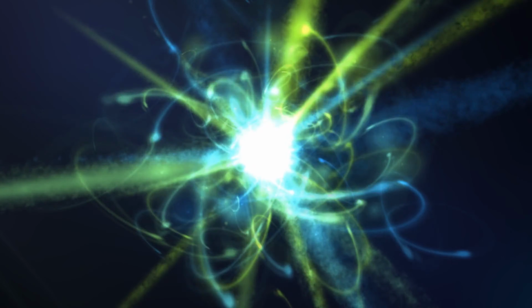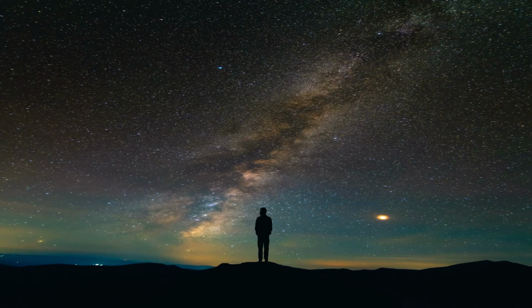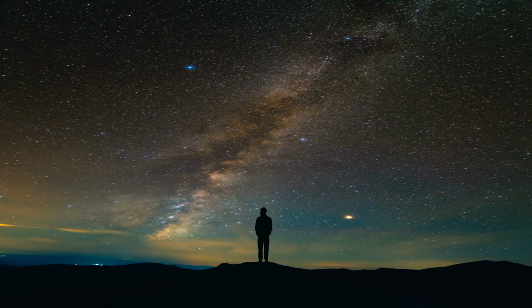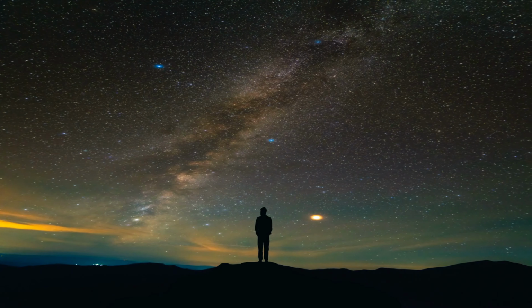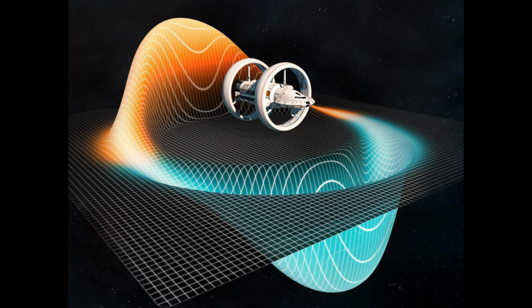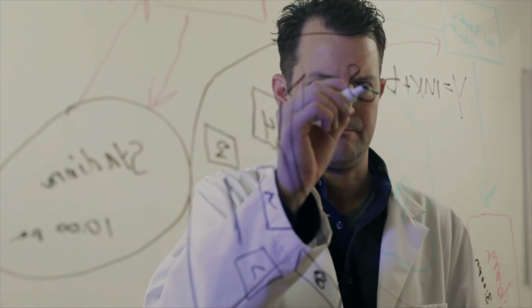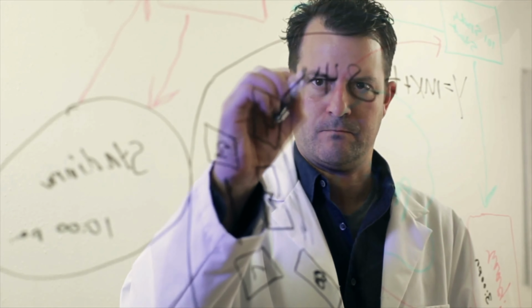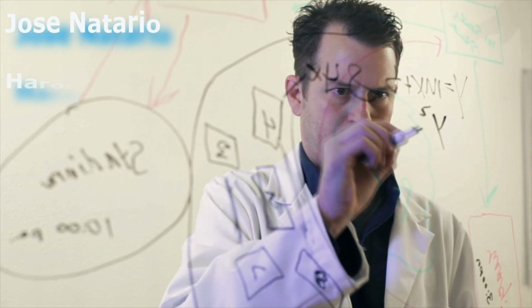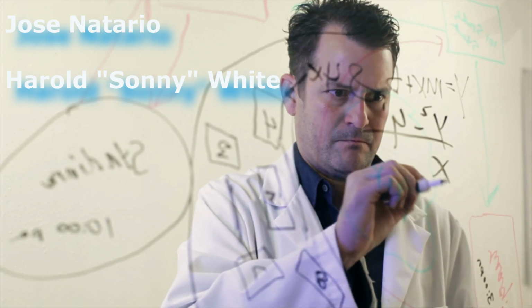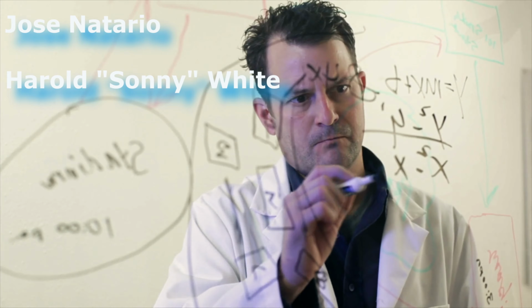Not only would we need a kind of exotic matter that doesn't exist, but we would need 10 times more negative mass than there is of ordinary mass in our entire observable universe, effectively rendering it impossible to build such a machine. However, further reworkings of the warp drive model by physicists José Natário and Harold S. White have completely removed this limitation.